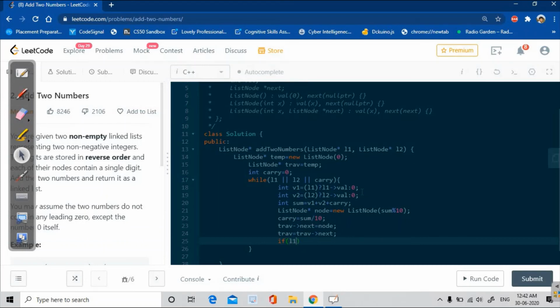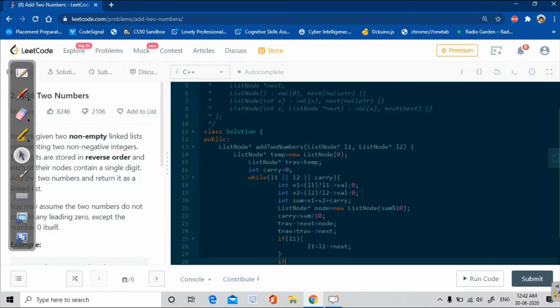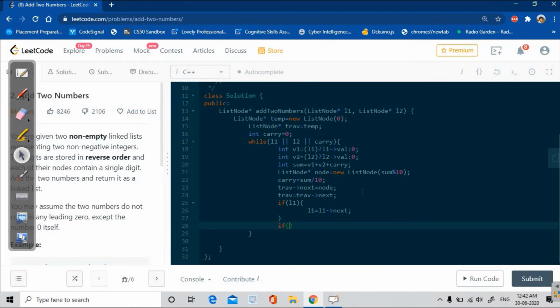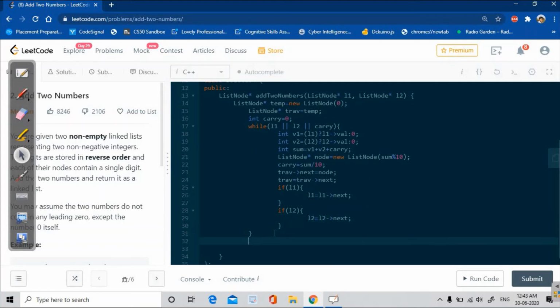For that I will check if L1 is not null, I will update L1 as L1 next, and in the same way I will check if linked list 2 is not null, L2 equals L2 next, and at the end I will return.